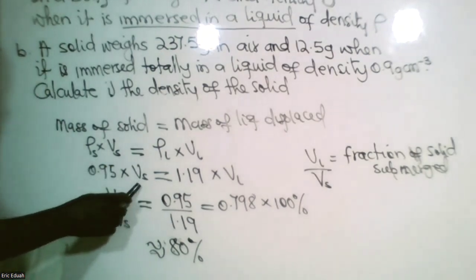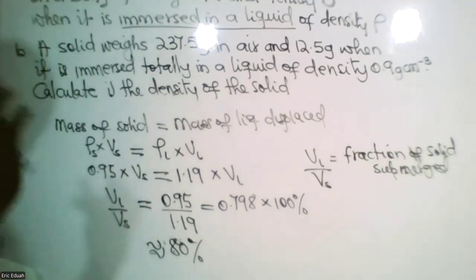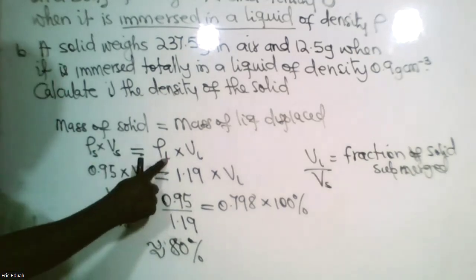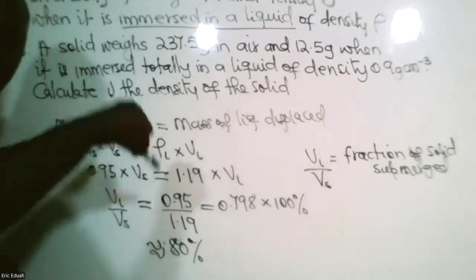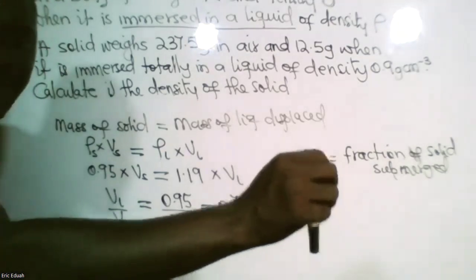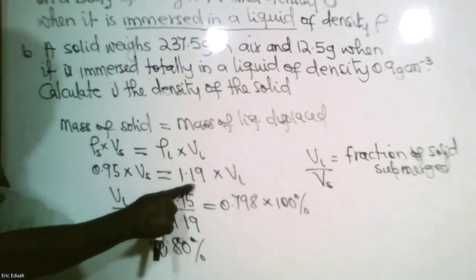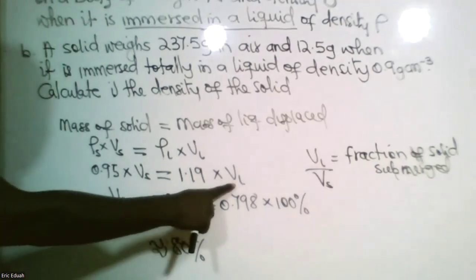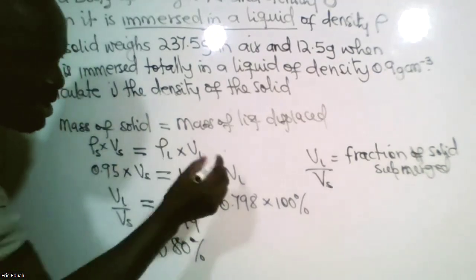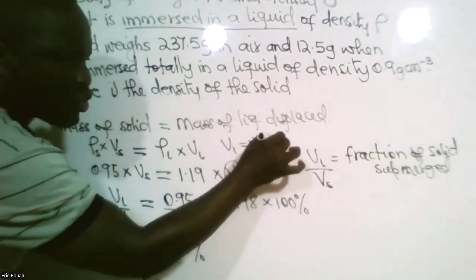Volume of solid we can calculate, but we are looking for fraction. So we maintain this and then take the ratio. And this is equal to the density of the liquid is changed, meaning that the same solid is taken into a different liquid. And we are to determine how far part of it will be submerged. So 1.19 times the volume of liquid displaced. Okay, now since VL is equal to volume of solid